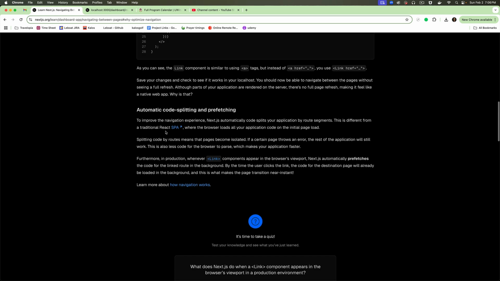Okay, so we already discussed all of that. Automatic code splitting and prefetching. To improve the navigation experience, Next.js automatically code splits your application by route segments. And this is different from a traditional React single page application where the browser loads all your application code on the initial page load. When you're using a standard React application, your browser is actually loading all the code and